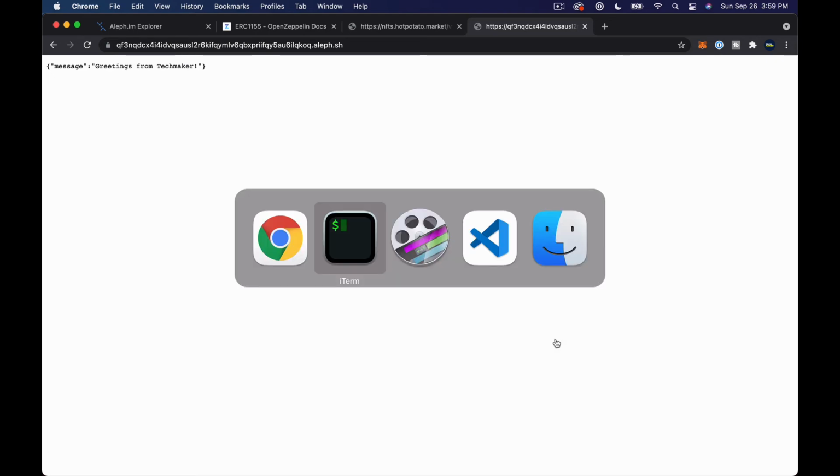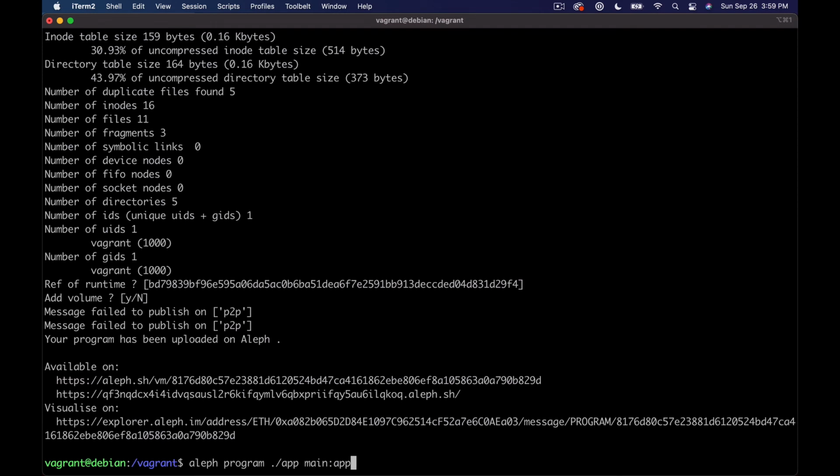Okay, so it's not actually picking up my code changes. I don't know what's up with that. So I'm going to try a couple of things here and just see if I can figure this out. So if I run this again,